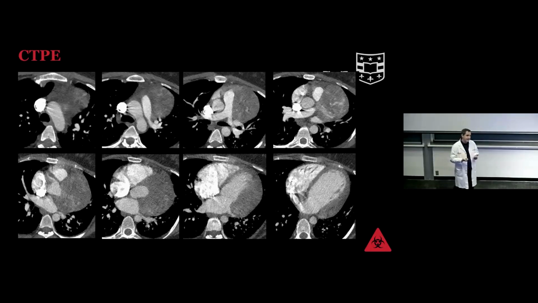A lot of times we think about MRIs because it has the best tissue differentiation, but a CT has the best spatial resolution if it's a CTP or something else with thin slices. And so here we have a left atrial mass. When we see a mass in the left atrium, if it's a cancer, then it's more likely to not be a primary cancer. It's usually from somewhere else in the body. And so if it's a primary cardiac, it's lower on the differential.